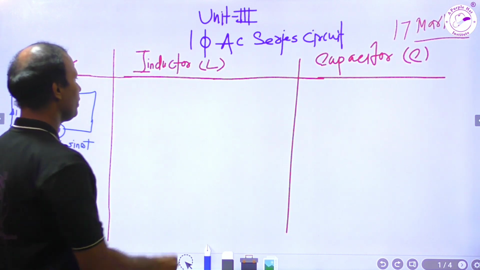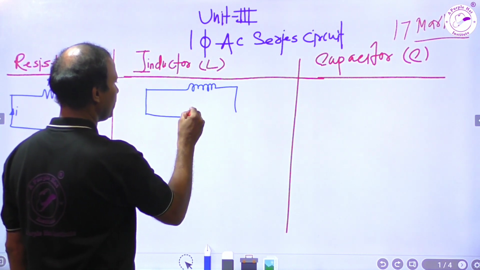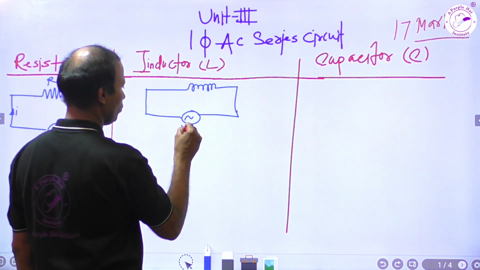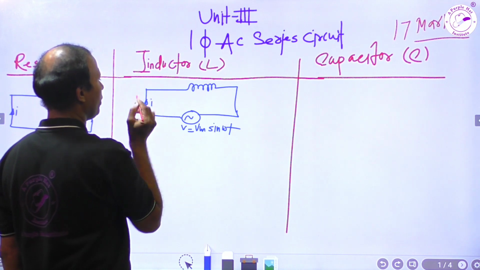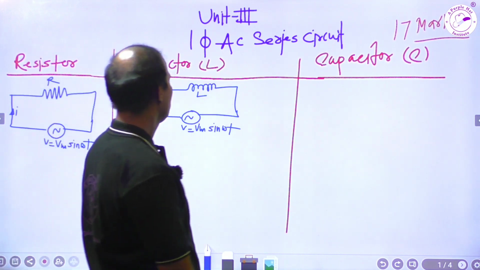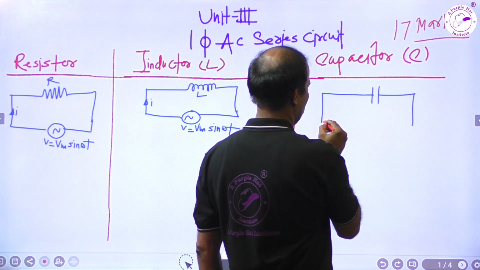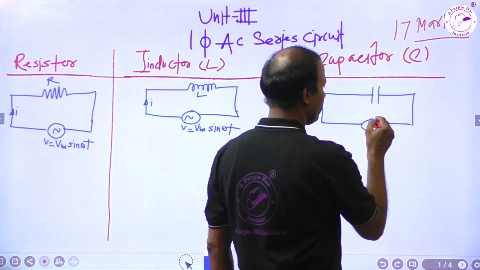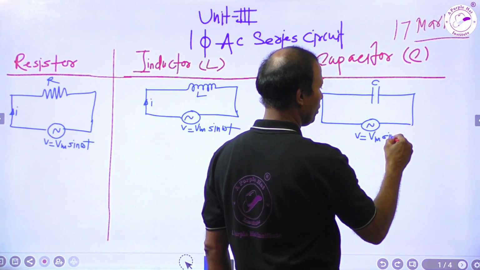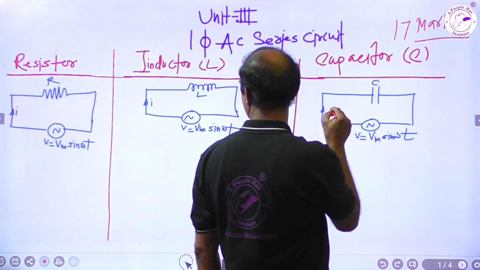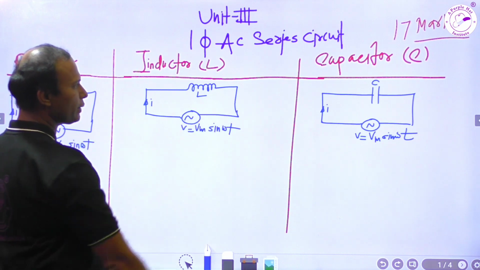In this case, I will connect an inductor with the source of AC voltage. Same source I will consider, so V is equal to Vm sin omega t, and the instantaneous current I will start flowing through the coil, the inductor. Similarly, we have a capacitor in farad, which can be connected across the source of supply with the voltage V equal to Vm sin omega t, and the instantaneous current I will be considered I ampere through the capacitor. L is inductance in Henry, C is capacitance in farad.